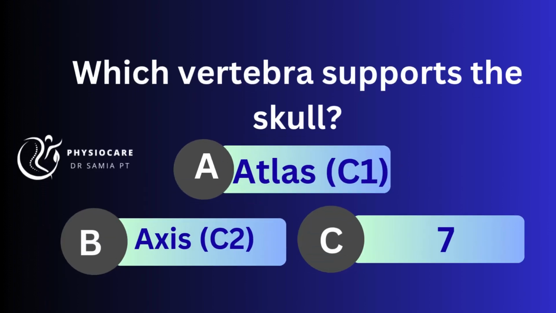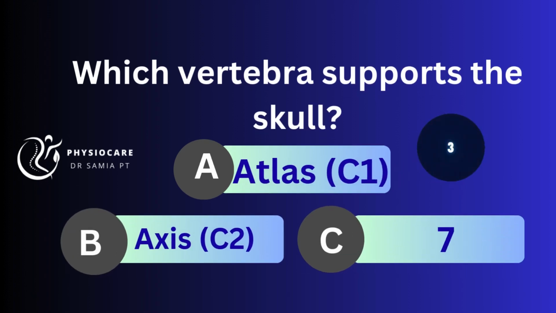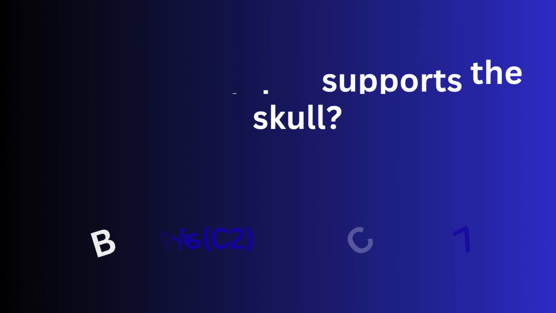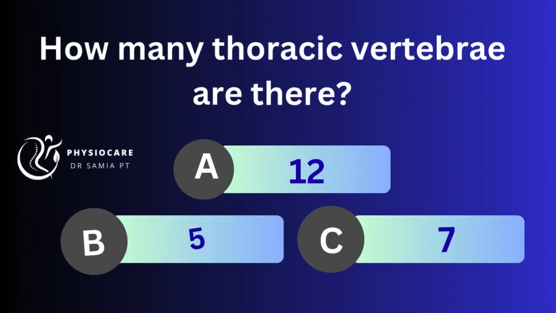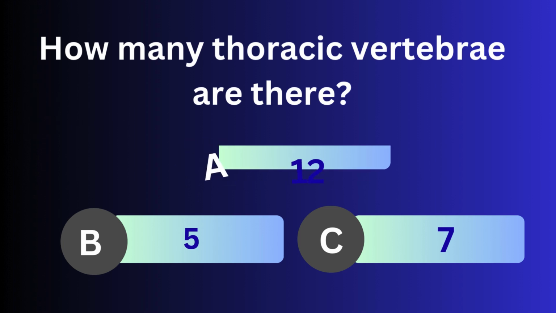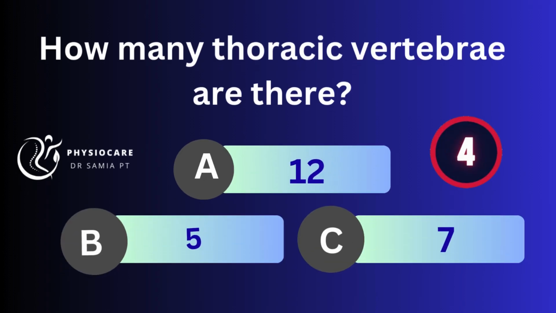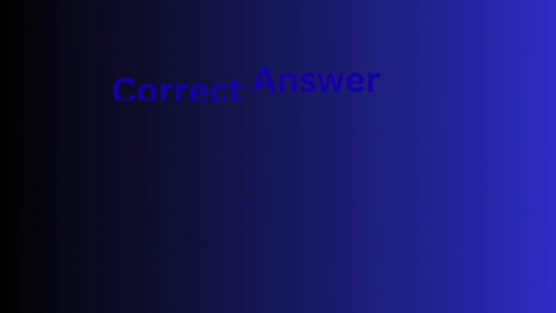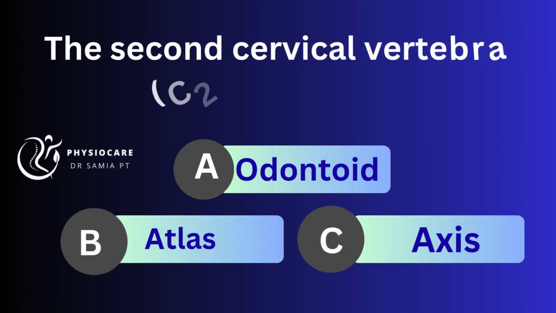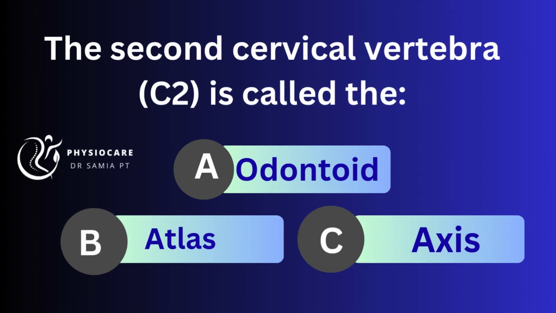A. Atlas, C1, B. Axis, C2, C. 7. Correct answer is Atlas. How many thoracic vertebrae are there? A. 12, B. 5, C. 7. Correct answer is 12. The second cervical vertebra, C2, is called the